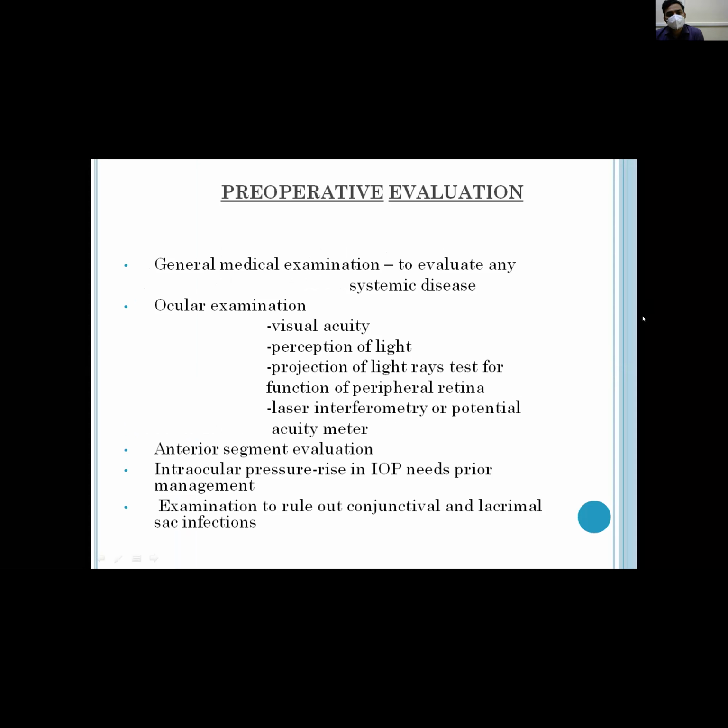Preoperative evaluation: general medical examinations to evaluate any systemic diseases such as diabetes and hypertension, any renal diseases, and ocular examinations for visual acuity, perception of light, projection of light rays, test for function of peripheral retina, laser interferometry or potential acuity meter, anterior segment evaluation, and